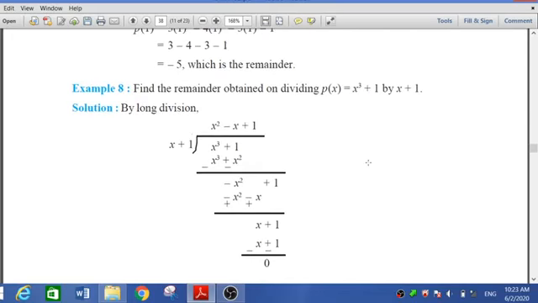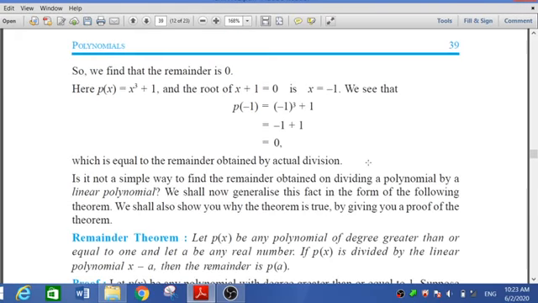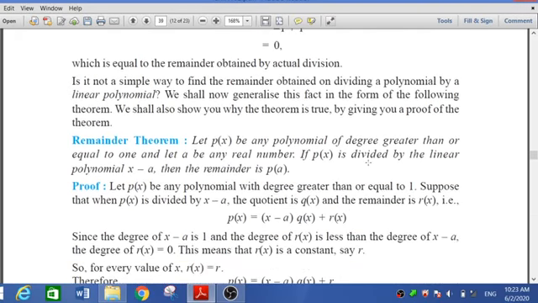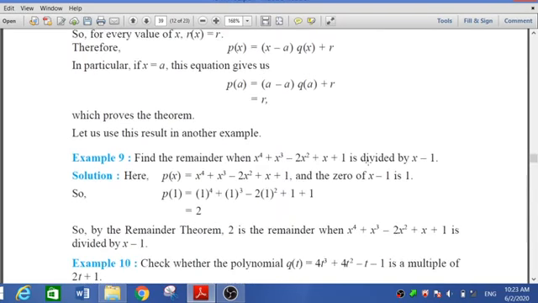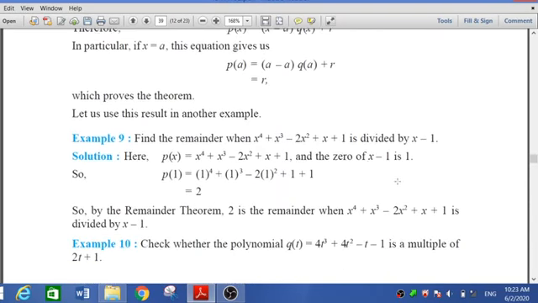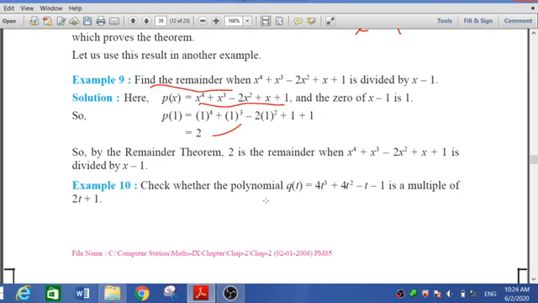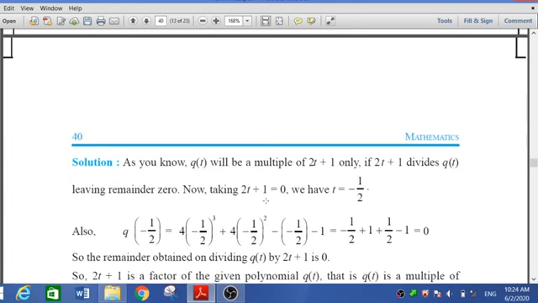Three sums, examples 6, 7 and 8, you have to write in your rough book and show me in classwork. And another is the shortcut method to find the remainder. When it is x minus 1, then you have to put x equal to 1. If you put x equal to 1 here, we get 2. It is for checking purposes: if the answer is 0, then we can say it is a factor of the given polynomial.